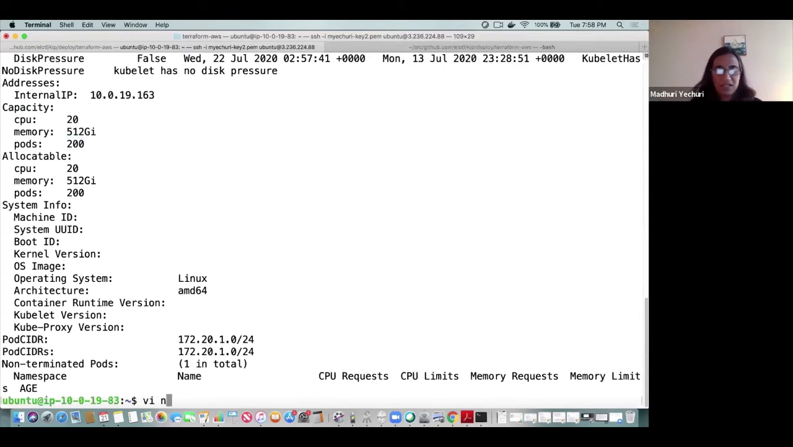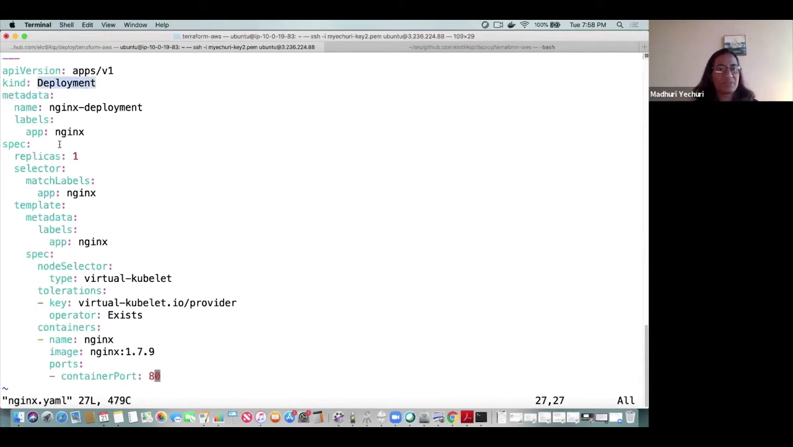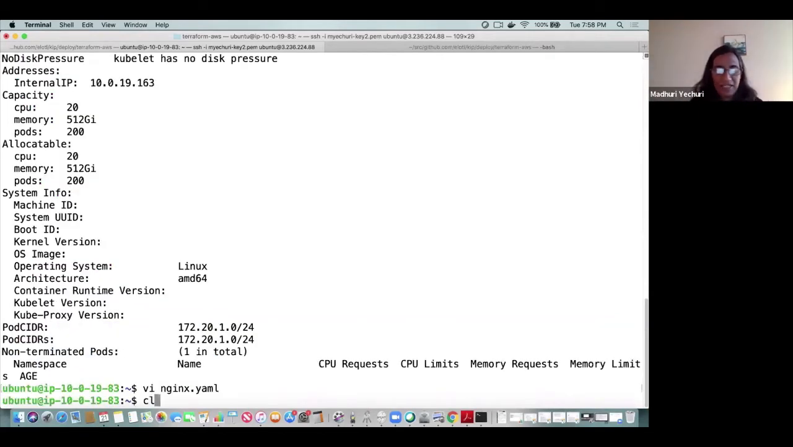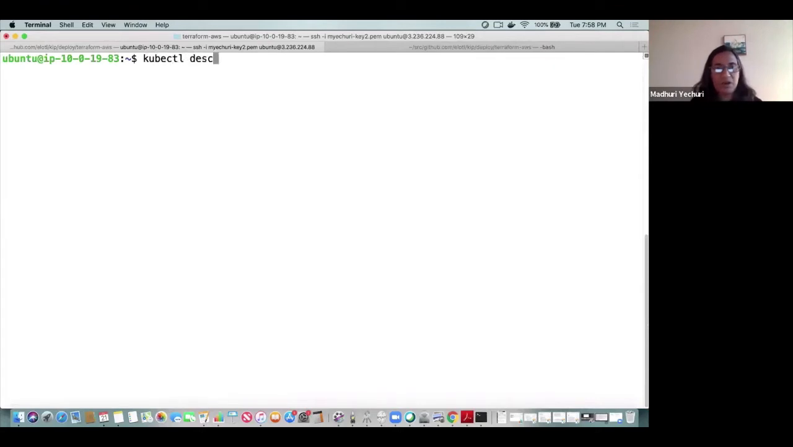So let's look at deploying a simple Nginx application. I have an Nginx deployment with one replica, and I want it to be running on the Virtual Kubelet node. And I did not specify any reservation or limits for CPU, memory, network IOPS, or storage IOPS for the Nginx pod. So I don't care how many resources are thrown at this pod. So if we go ahead and schedule the deployment,